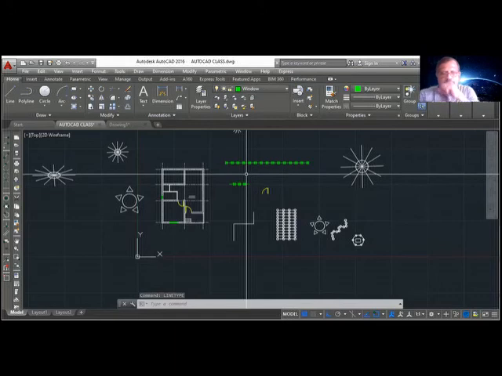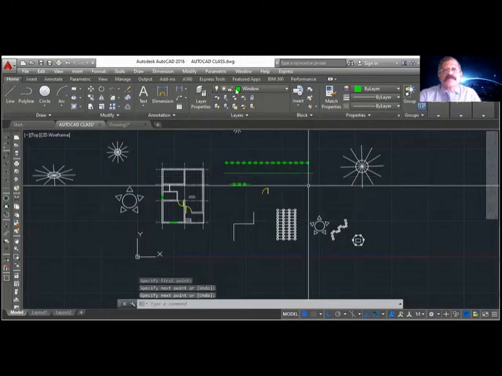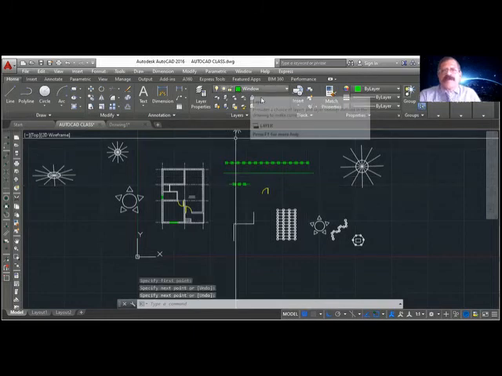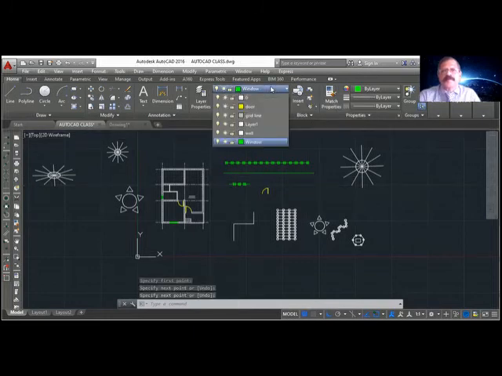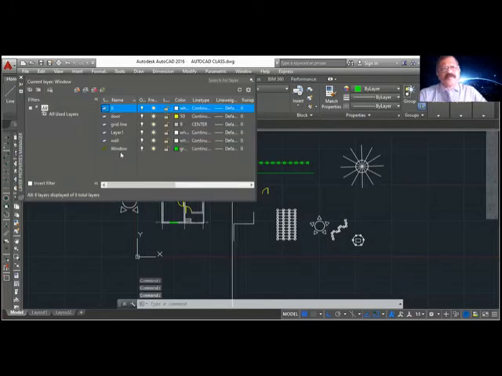Okay. I have loaded one line. Suppose I draw a line. Since I am in window, I will draw with the line type of window. Line type. This is a layer. You can see for window I have used a continuous line. For grid line, I have used a center line.